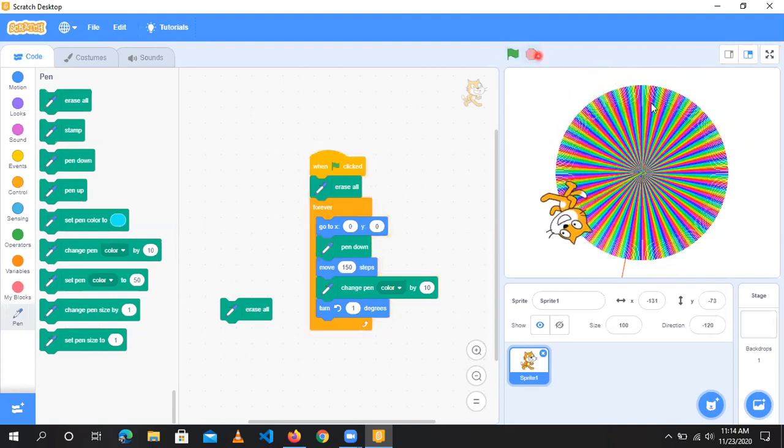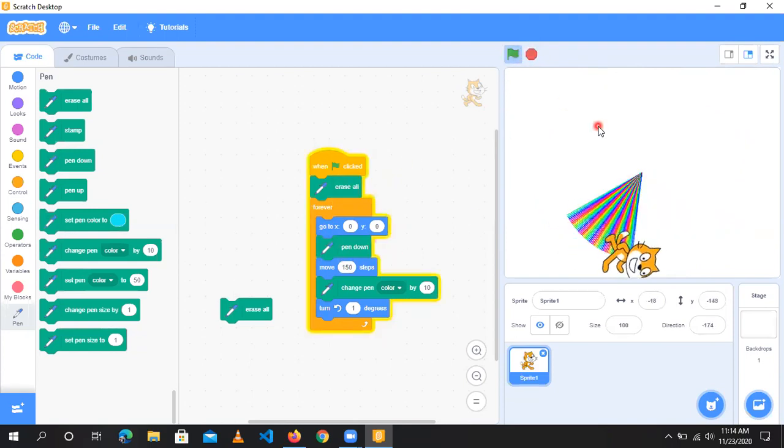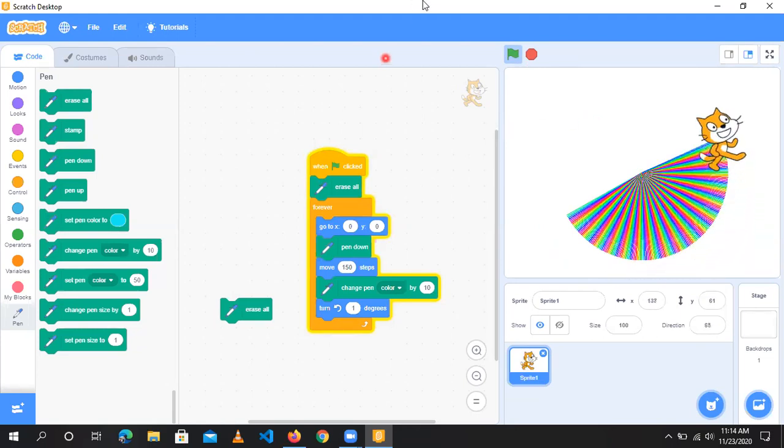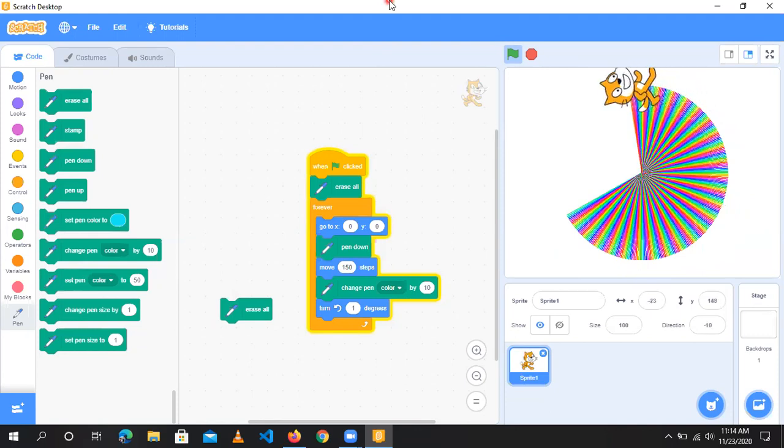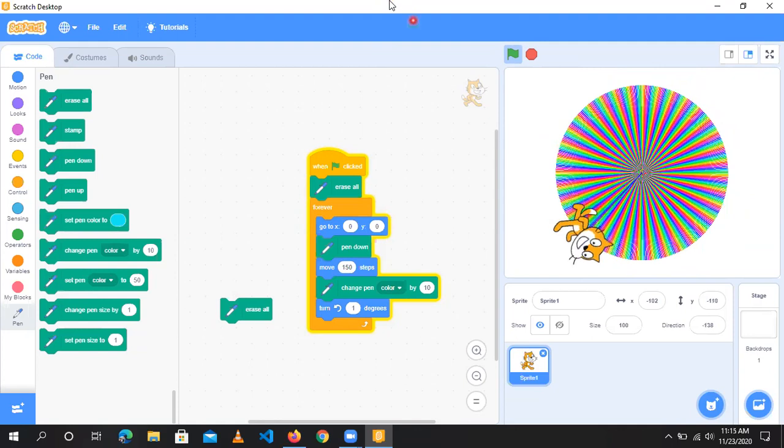Stop. When I click clear all, it works again, clear all and again. Stop. This is the program. When I click the flag icon, it erases all. First time erase everything. After that, this condition